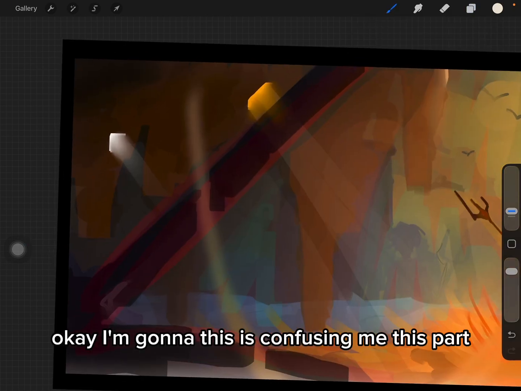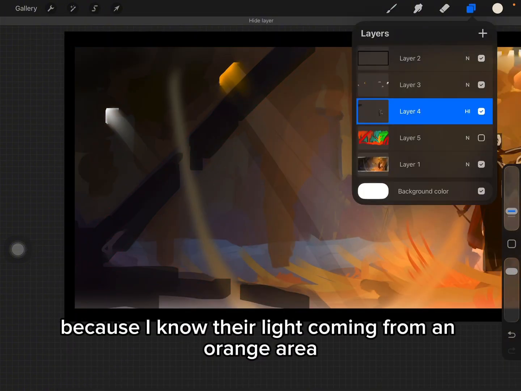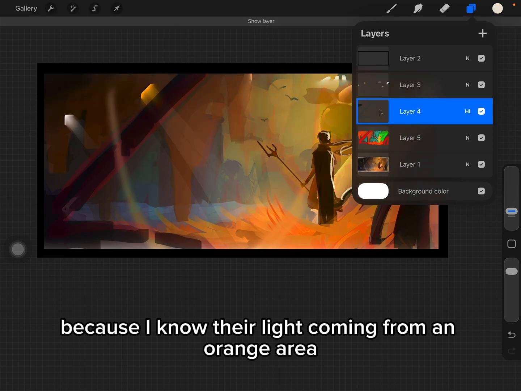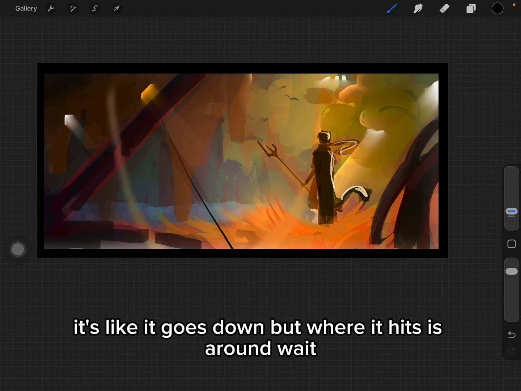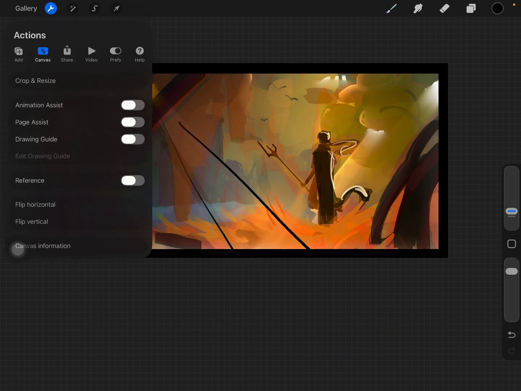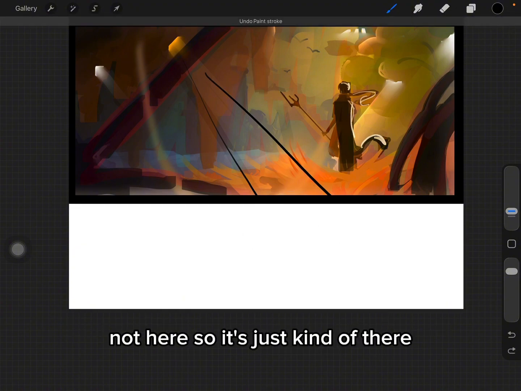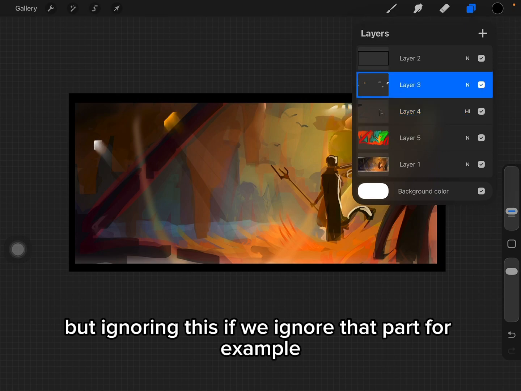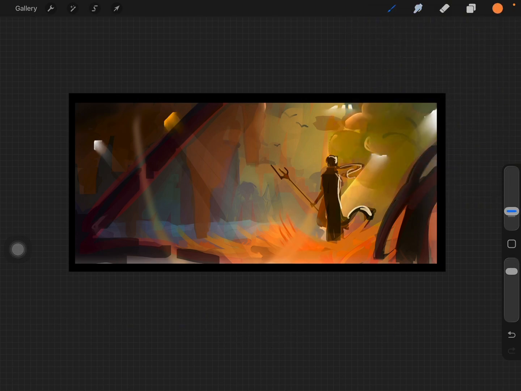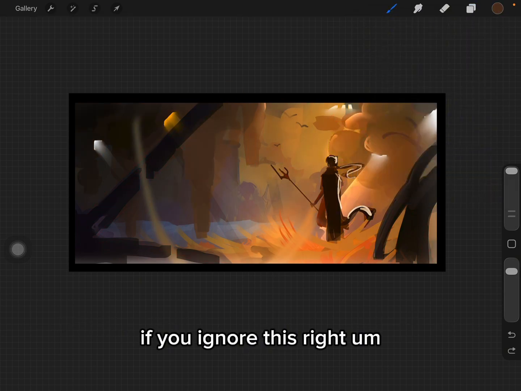Wait, okay. This part is confusing me. I don't know what's happening. I know this is a blade of grass. I'm gonna ignore that. It's confusing me because I know there's light coming from an orange area, but you see the orange area doesn't hit anywhere. It's like it goes down, but where it hits is around here, not here. So it's just kind of there, which might confuse you on how to do the light. But if we ignore that there's light coming from here,